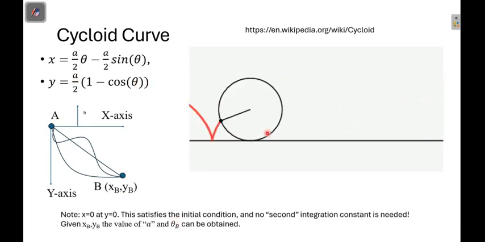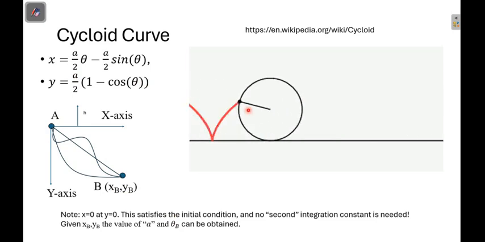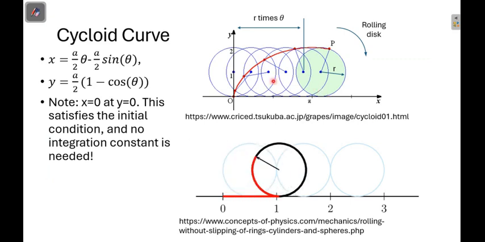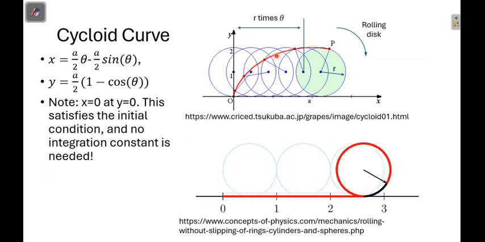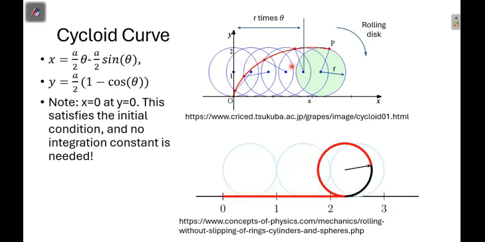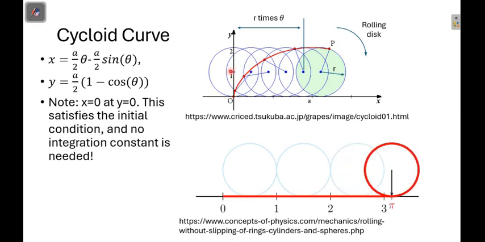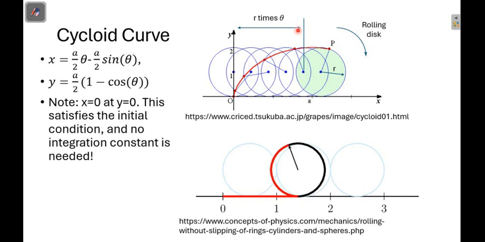So what is this cycloid curve? As you can see, this cycloid curve is the curve that is traced by a fixed point on a cylinder that is rolling. Again, this is like getting a screenshot of the solution. This is the fixed point and this is the cylinder that keeps on rolling. The distance covered by, not the point but the center of the cylinder, is equal to r times theta. And this animation here